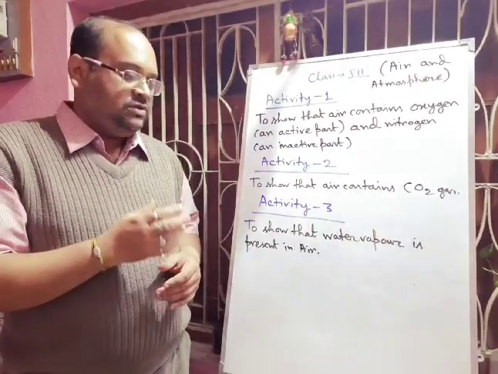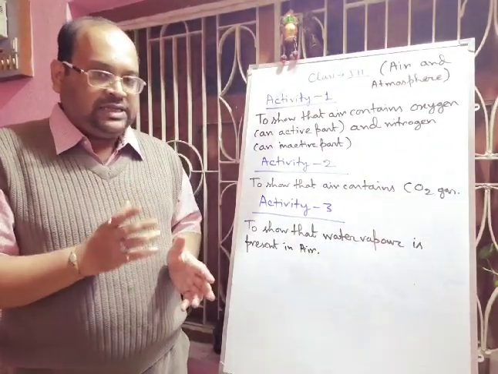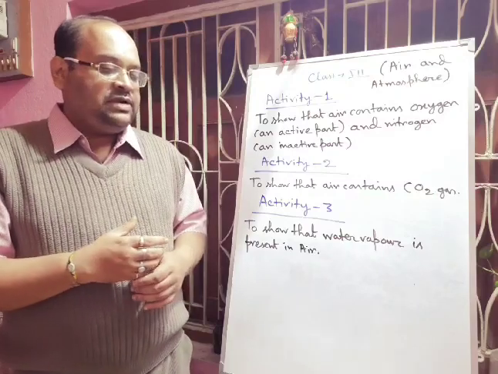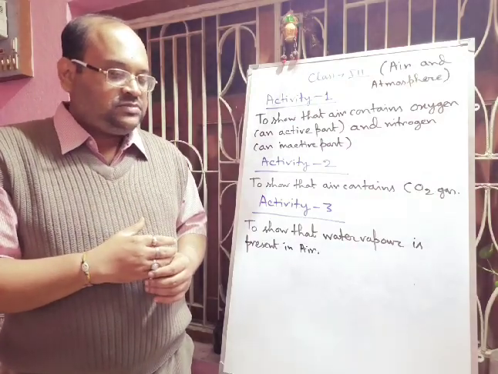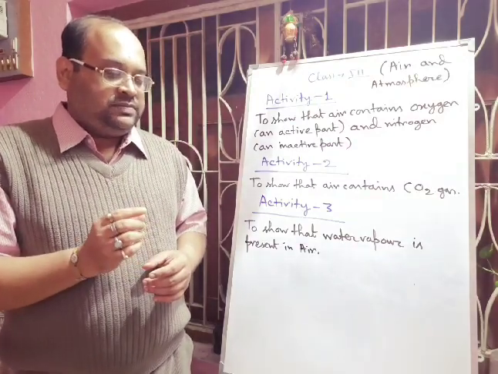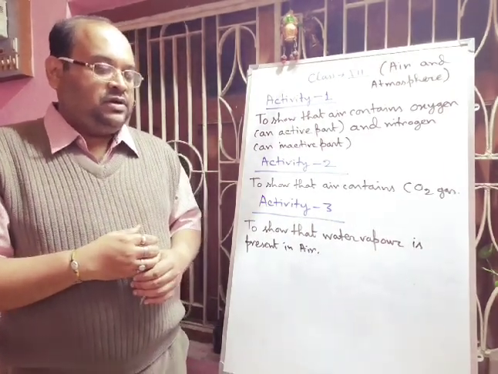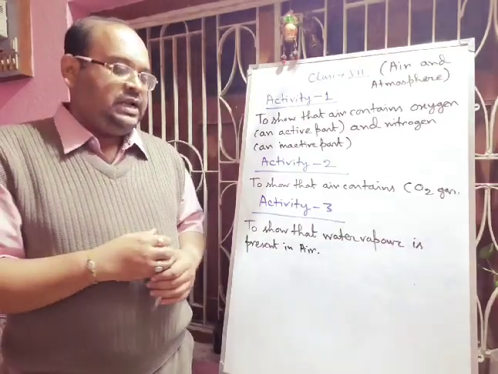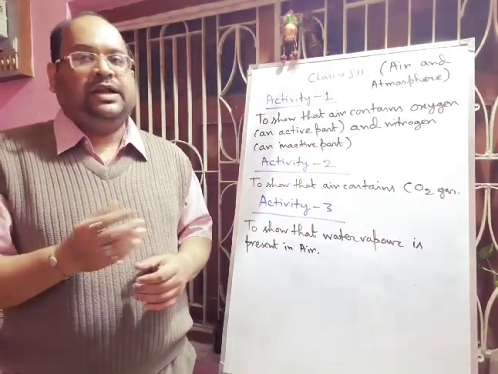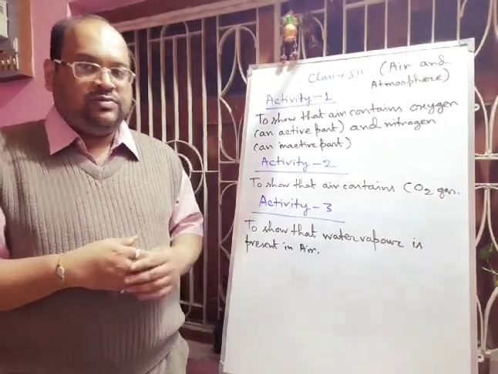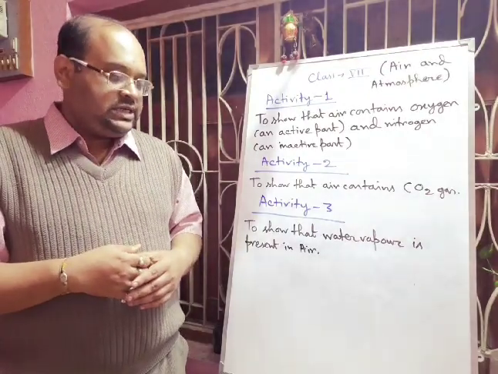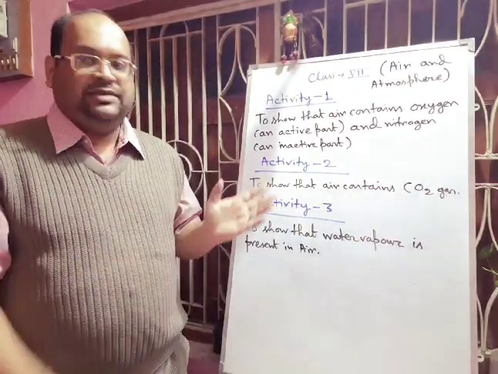And if you measure, if there is any measuring cylinder, you will observe that 1/5 part of the volume of this inverted container will be occupied by water, and the remaining 4/5 part will be nitrogen. That I will show you. Then you can easily understand this experiment.